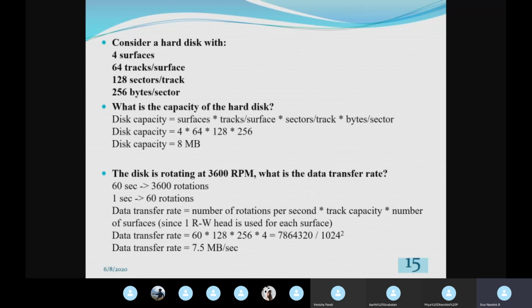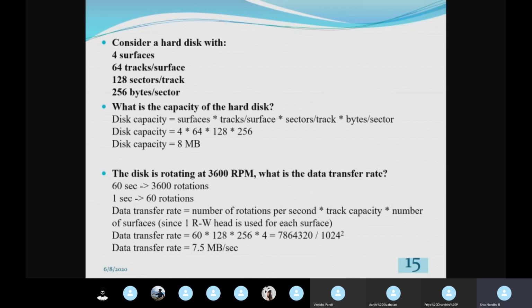The formula is: data transfer rate is number of rotations per second into track capacity into number of surfaces. The rotations happen in the disk surface, and each track will be rotated. So the formula is number of rotations per second into track capacity into number of disk surfaces.